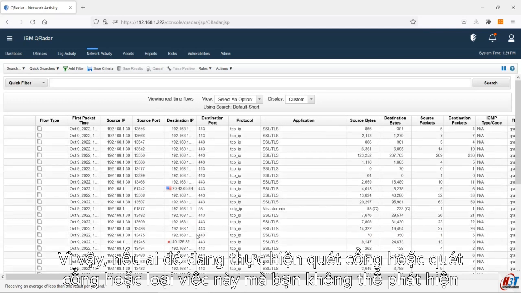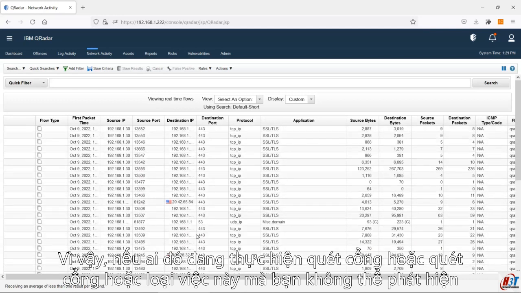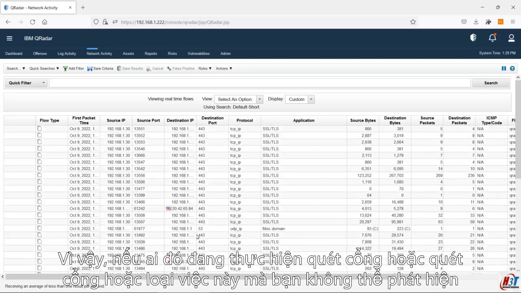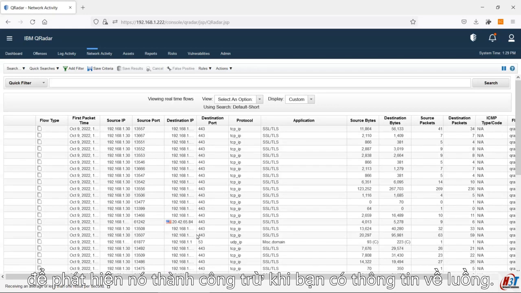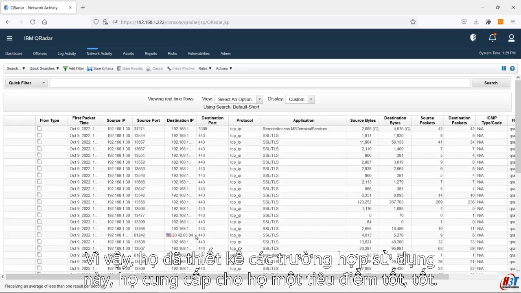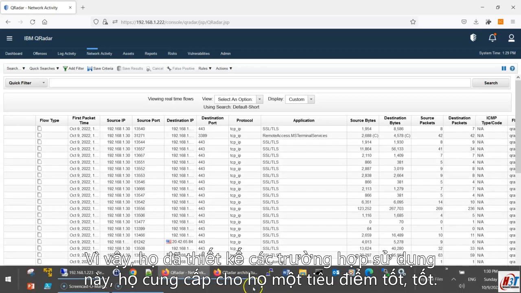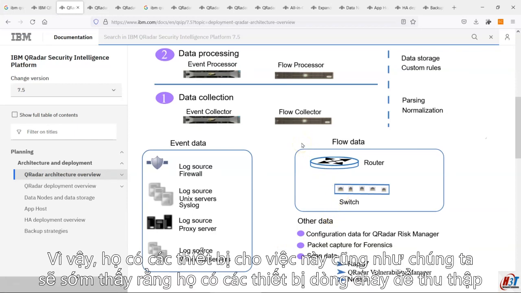So if someone is doing a port scan or port sweep or this kind of thing, you are not able to detect it successfully unless you have the flows information. So they designed these use cases. They give them good focus. Okay, so they have appliances for this as well, as we will see shortly, that they have flow appliances to